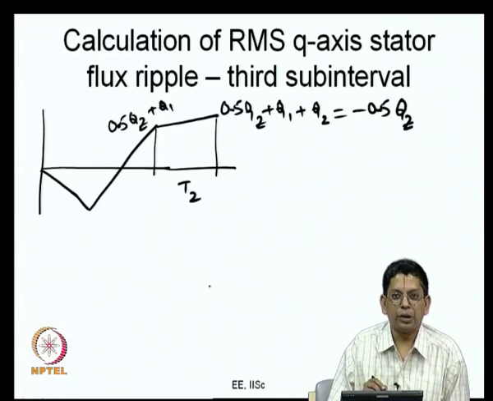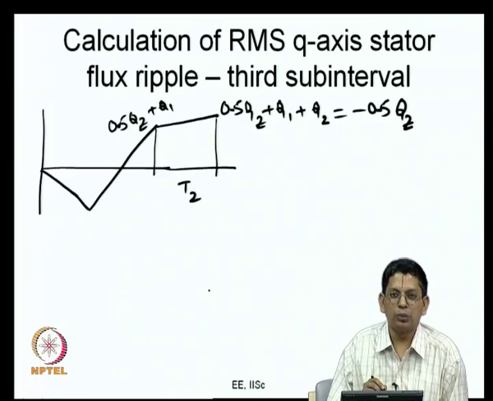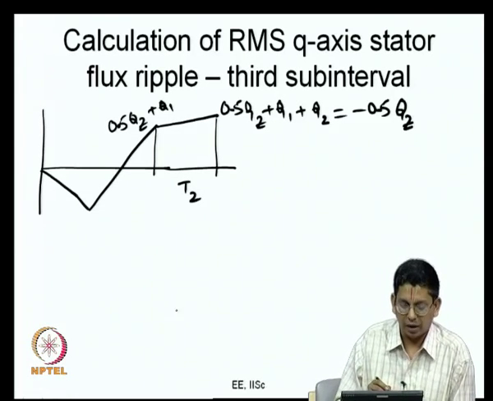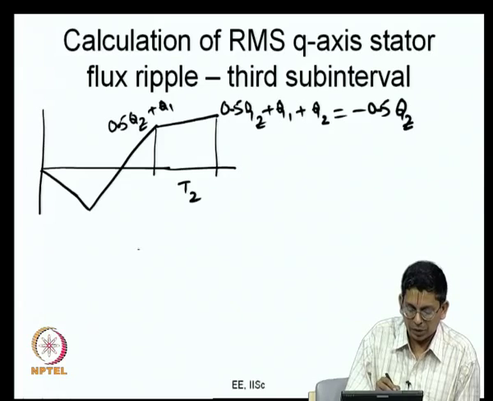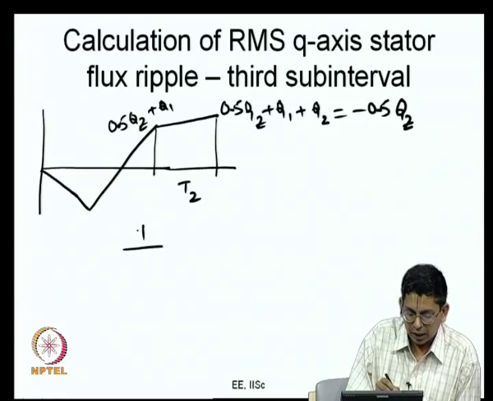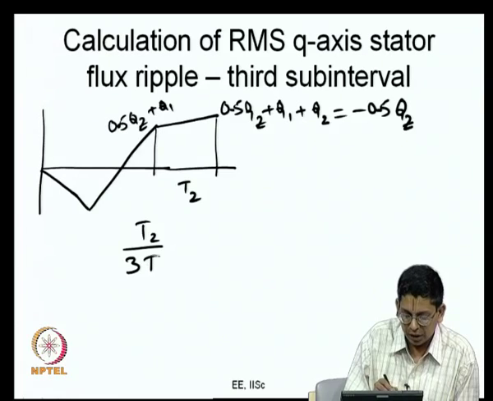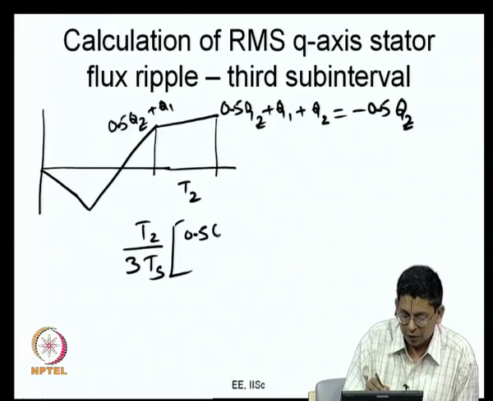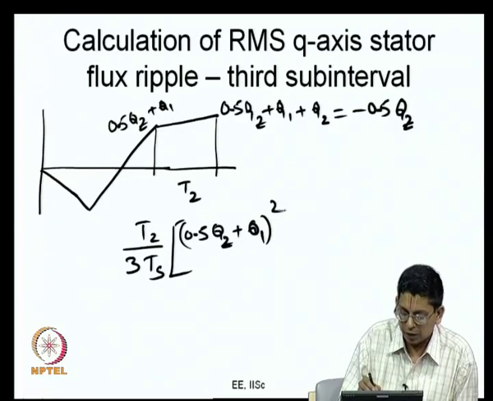Minus 0.5 Qz, because Qz plus Q1 plus Q2 should add up to 0. So, you will find that is that. If I do the same kind of an expression as before, what I will get is T2 upon 3 times Ts multiplied by 0.5 Qz plus Q1 the whole squared. I am trying to evaluate the